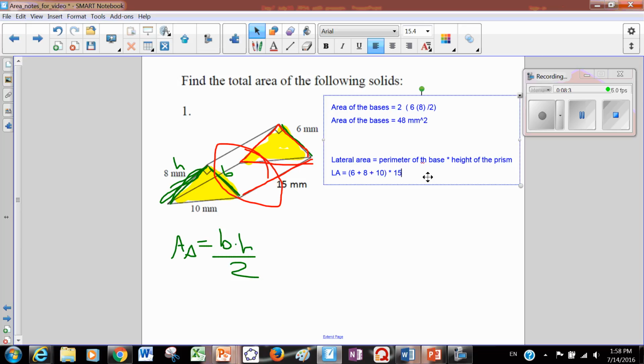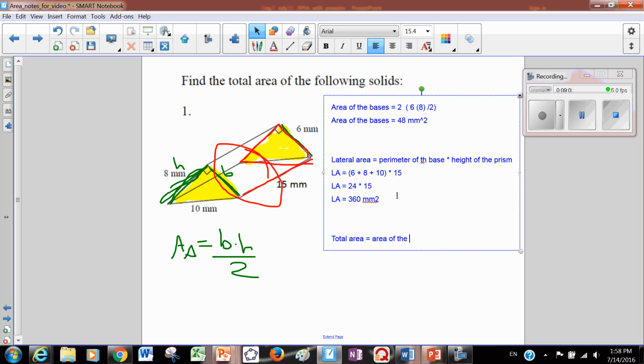The height of the prism is 15 millimeters. So lateral area is equal to 6 plus 8 plus 10, that's 24, times 15. Lateral area is equal to 24 times 15, 360 millimeter square. Now the question was really to find the total area, so that's going to be equal to